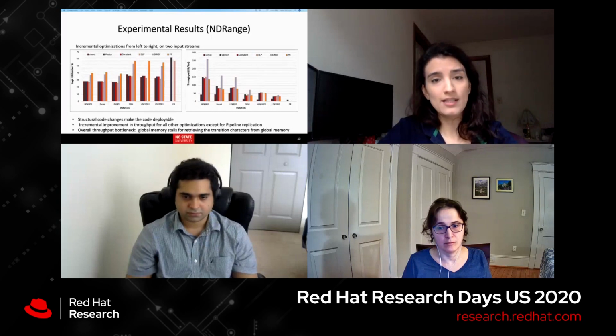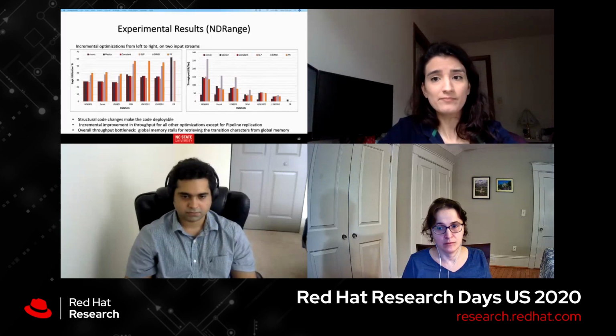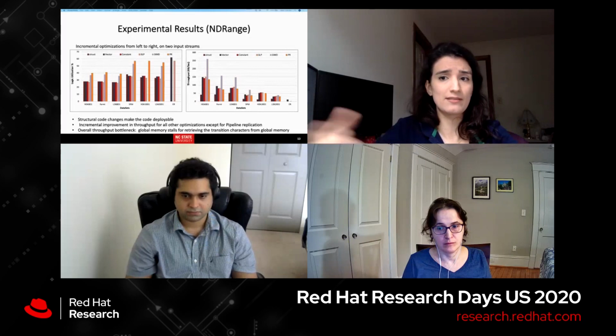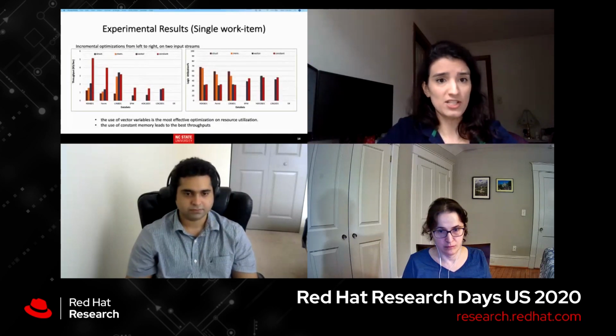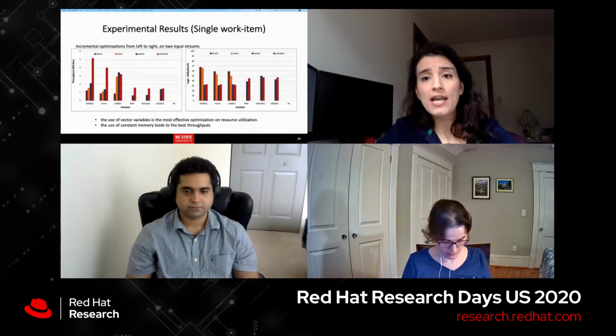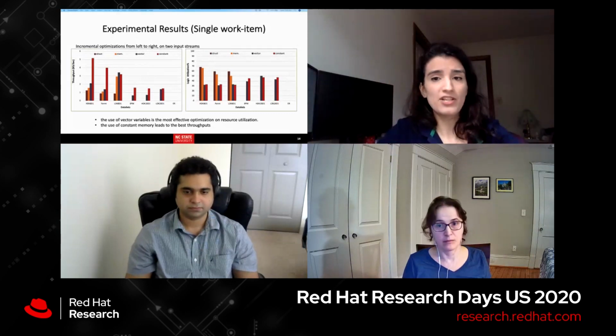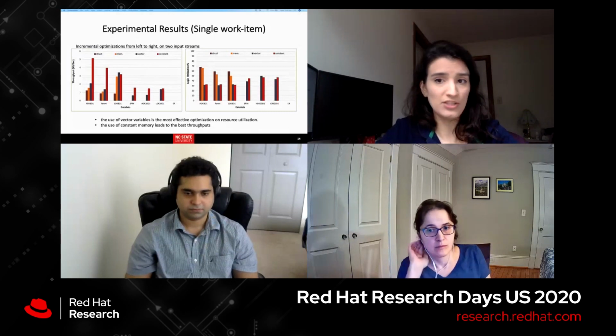For the single work item experiment, we see that the optimizations are similar to ND range. There's only one extra optimization, which is the memory layout change. And the general observation is that ND range has better throughput,